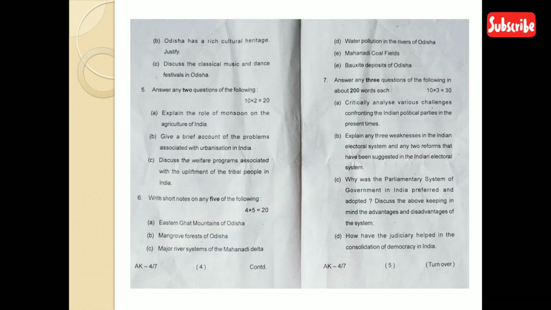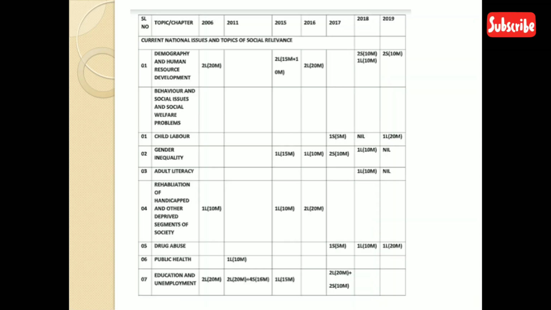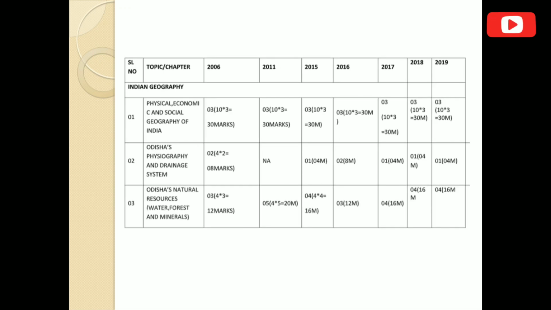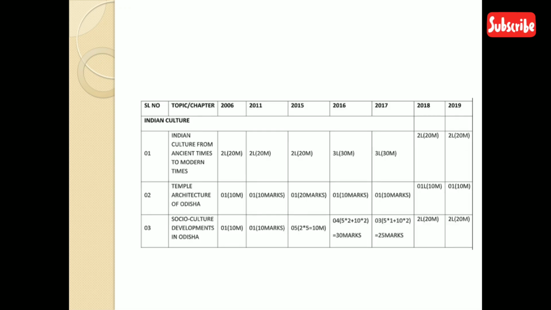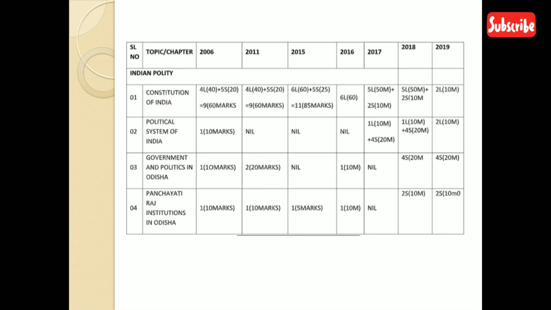One more area I have left before this discussion: Odisha history. You see Odisha history, where questions come on temple architecture. This time a question came on the Black Pagoda, that is the Konark temple. Indirectly they have asked about the culture of ancient times. Directly they have asked about Indian culture and social culture. Odisha dance, Odisha music, dance of India, filigree, the arts, all these questions have come. So we have finished geography and history.